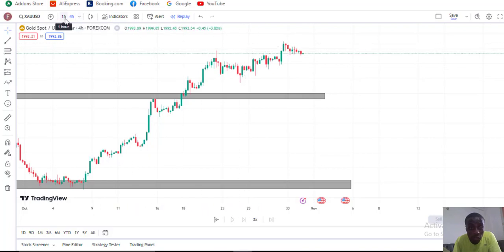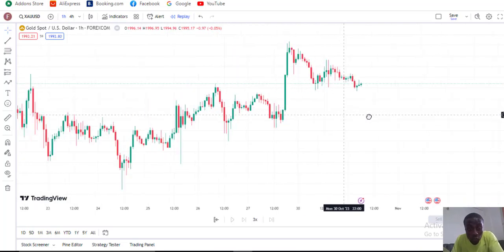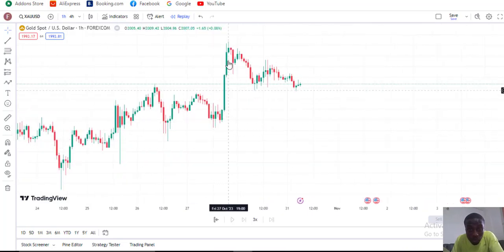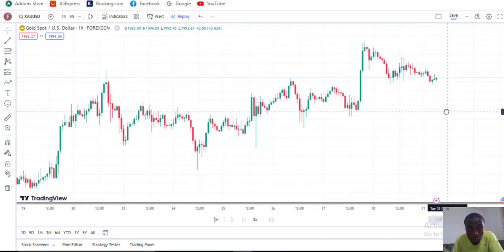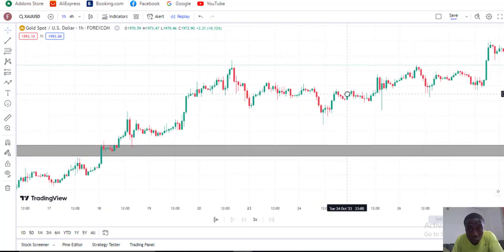Now if you look at the trade opportunities that we are having right now, if you drop further to the H1, you see price after creating a high and pulling back, we have a very strong impulsive move, and price has pulled back. All right, this pullback denotes that price could possibly be moving up. Now if you look at it very well, you see we had a resistance zone here, which was key,